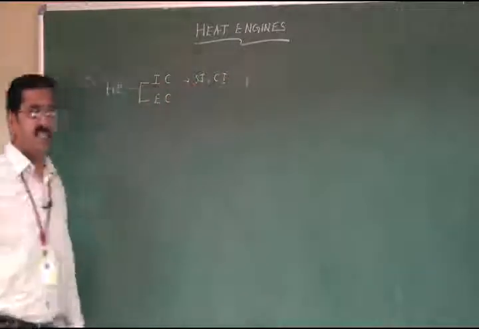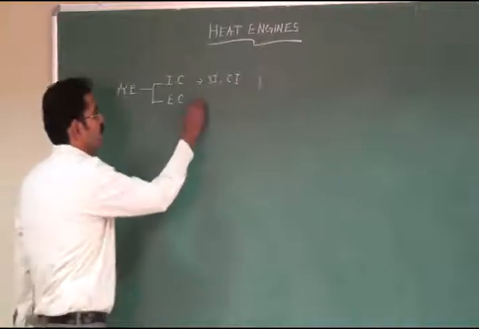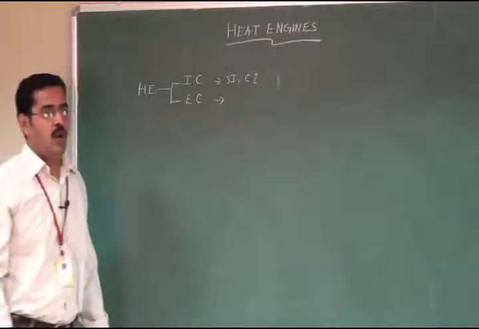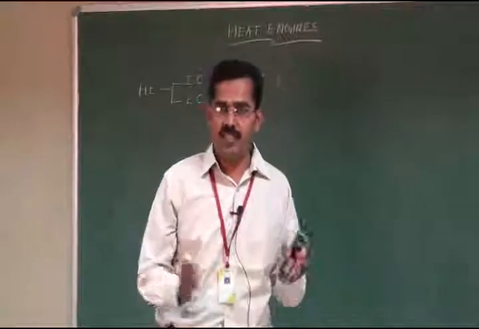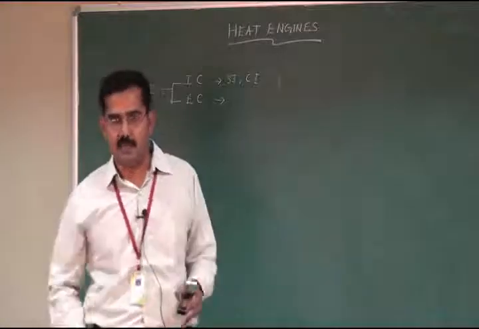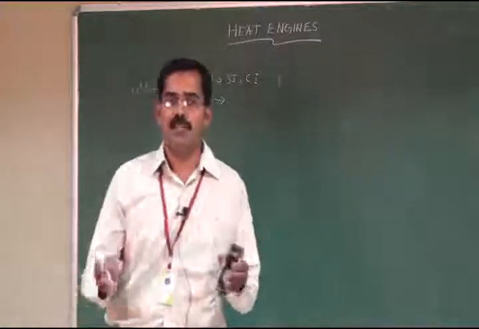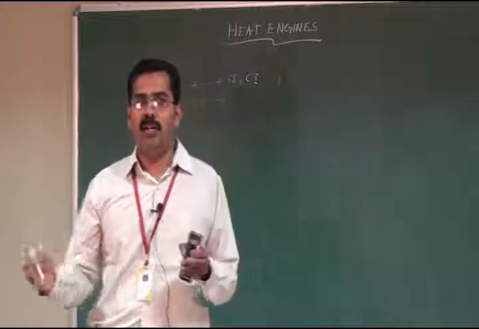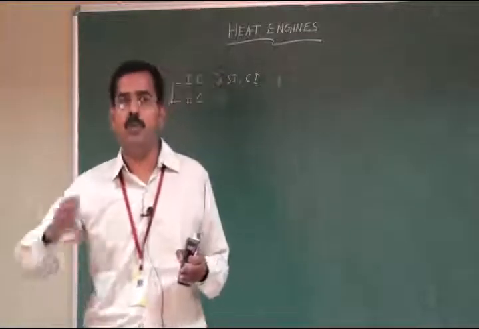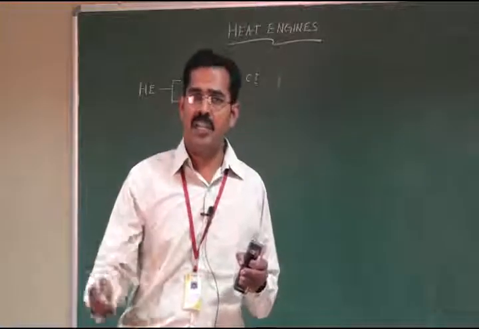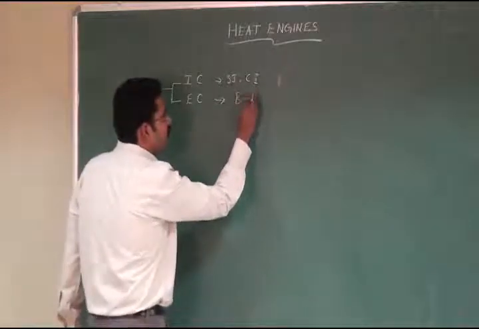SI means spark ignition engines and CI means compression ignition engines. What is an external combustion engine? An external combustion engine is an engine where the combustion takes place separately in another system. For example, if you take a boiler turbine setup, in the boiler combustion takes place. The output of the boiler is superheated steam, which is passed on to the turbine, where thermal energy is converted into mechanical energy. From the turbine it is converted into electrical energy by means of electrical loading devices. For an external combustion engine, the best example is the boiler turbine setup.